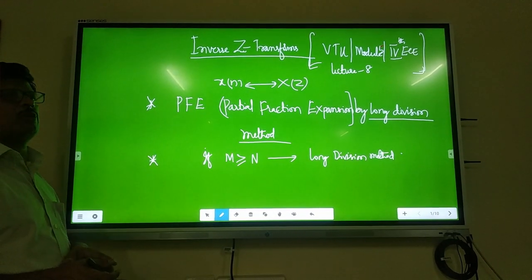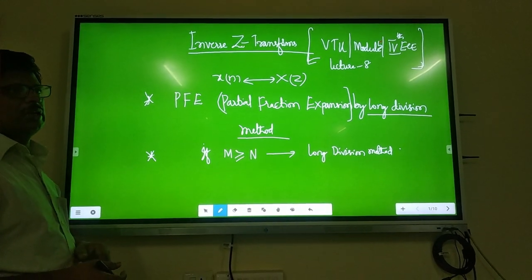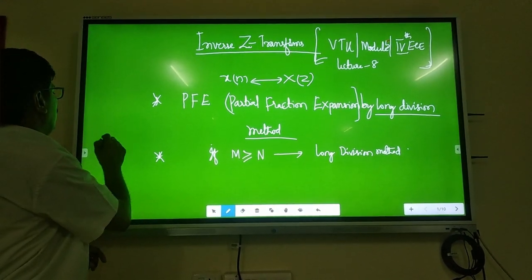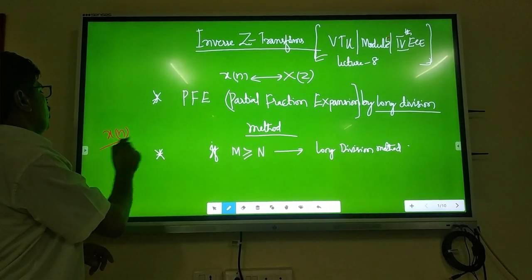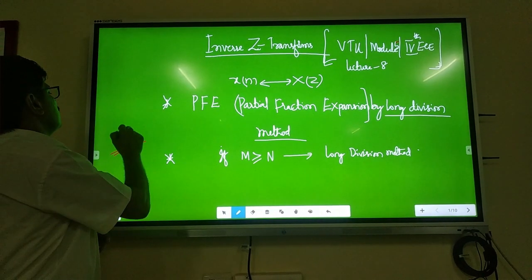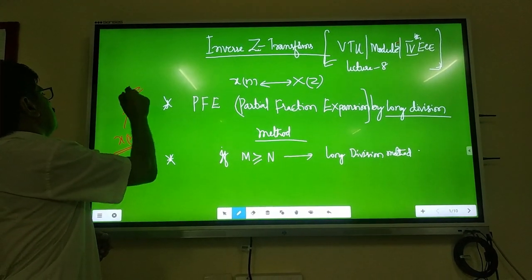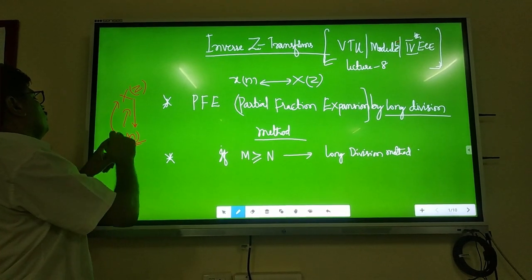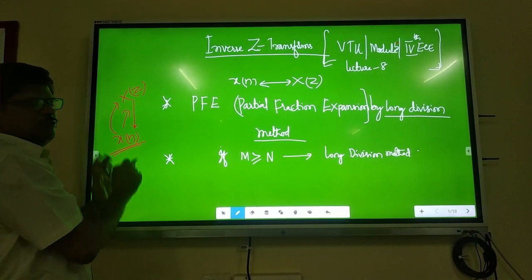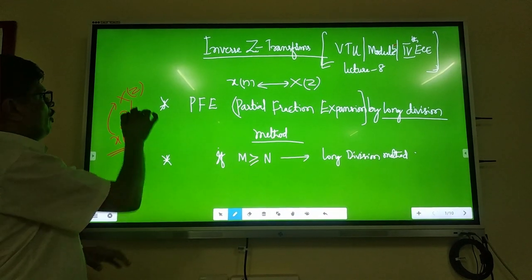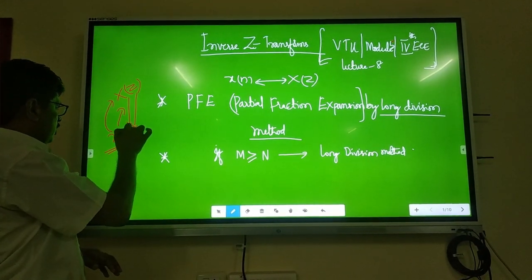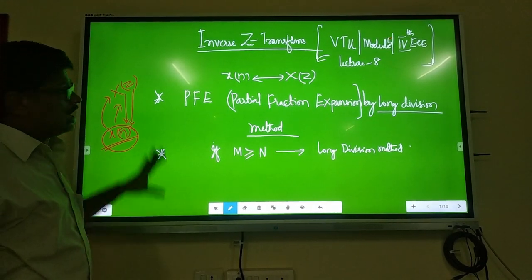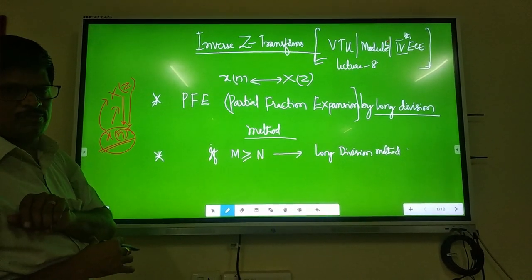And afterwards we went for inverse Z transforms. In that, we get back our original signal X of n from the transformed sequence X of z. In the earlier classes, we analyzed from X of n to X of z. From the last class until now, we are getting our original signal sequence back from the Z transform sequence